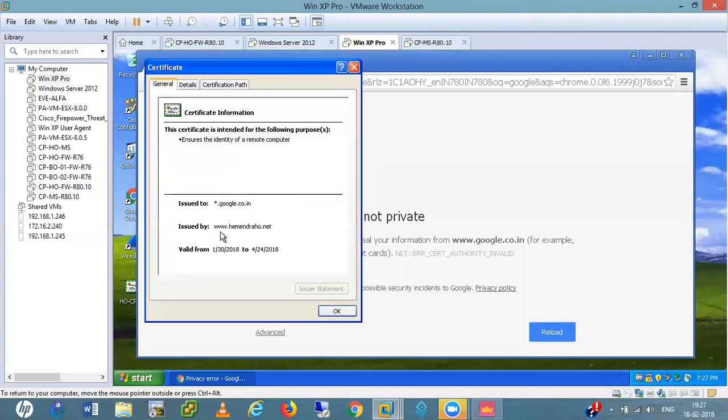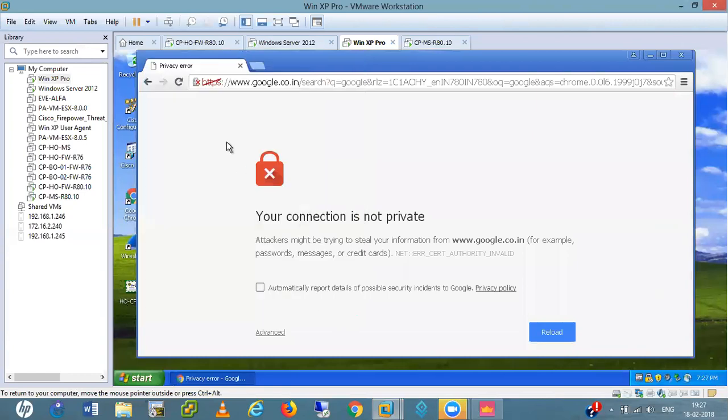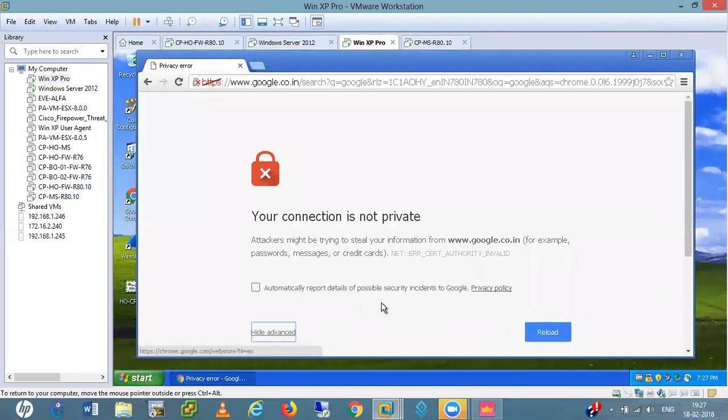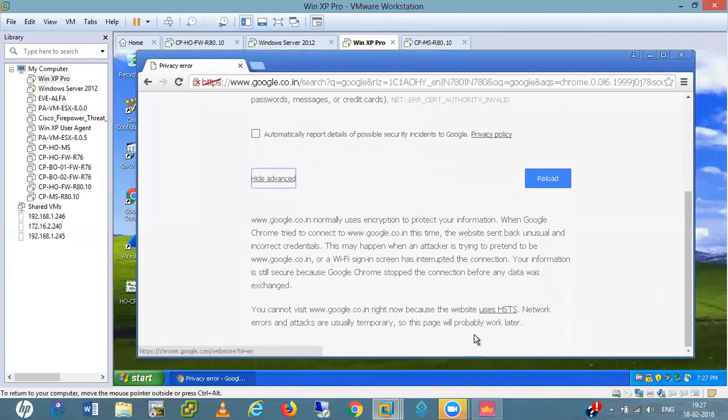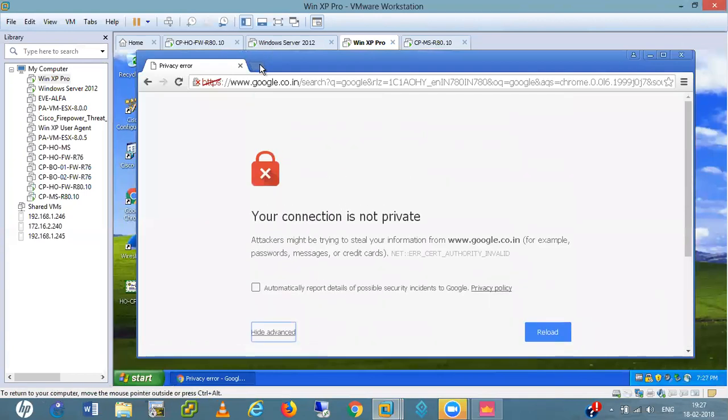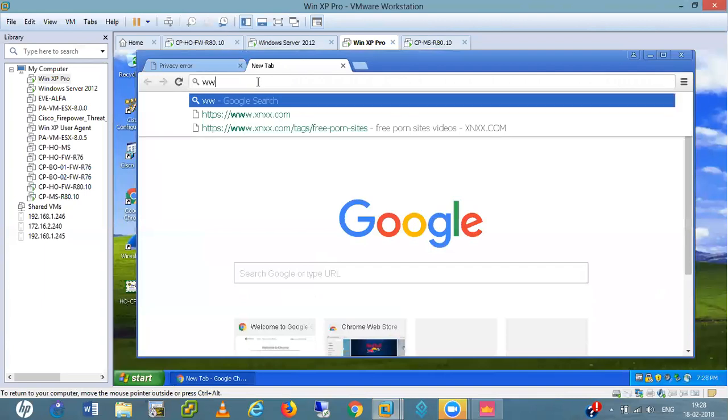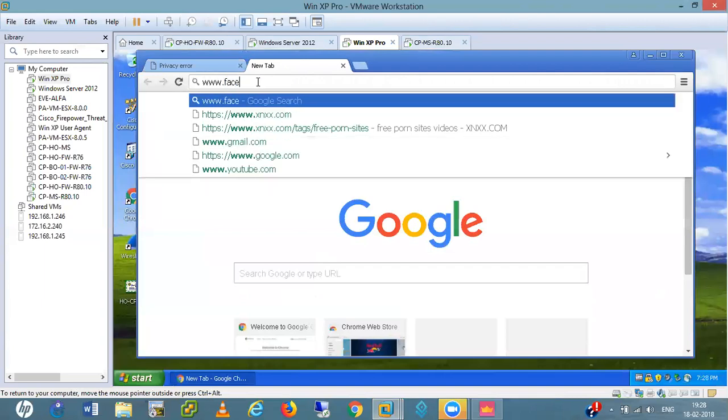Certificate info, amin.net, okay. You cannot visit right now because the website user is www.facebook.com.